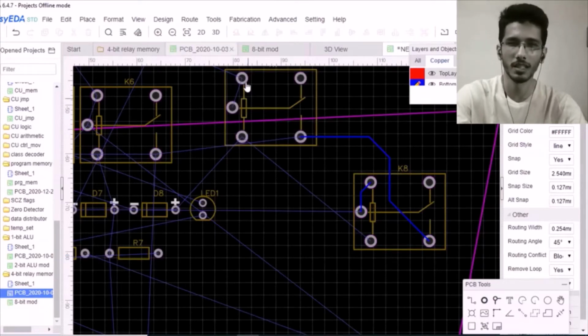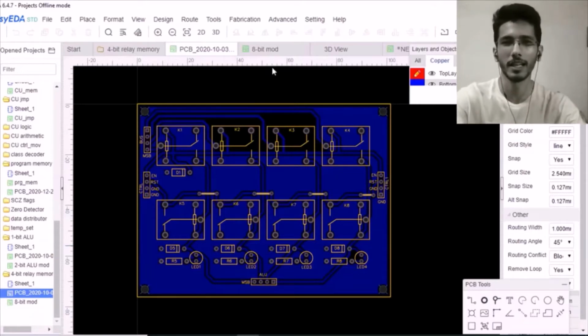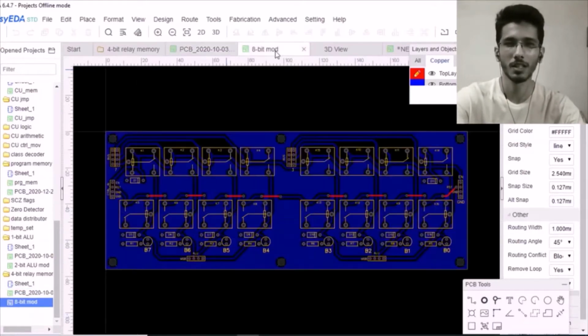After I was done putting all these components in the right place and laying out all the copper traces, this was the final result. This is a 4-bit register, but in my Relay computer I want an 8-bit register. So I had 2 options. Either I could print 2 4-bit registers and then connect them externally, or print everything on a single circuit board, and that's what I did. So I just copy pasted the whole design once more, and this is the final 8-bit register.